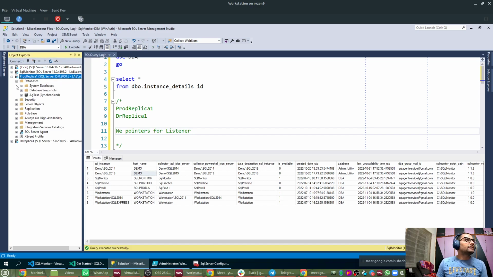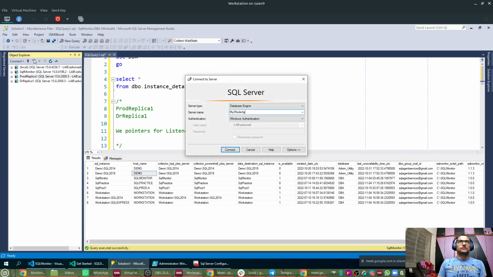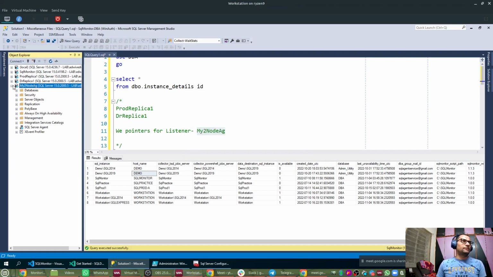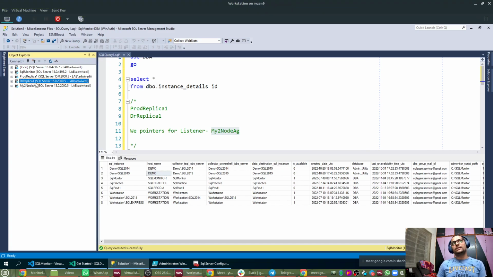And in my case, in this availability group, the listener name is my2node.ag. Let me connect to even this listener through SSMS, and I am able to successfully connect to that. So in short, I need to create 3,